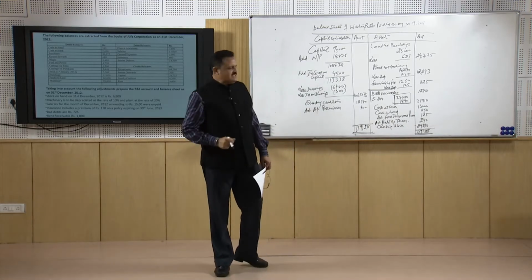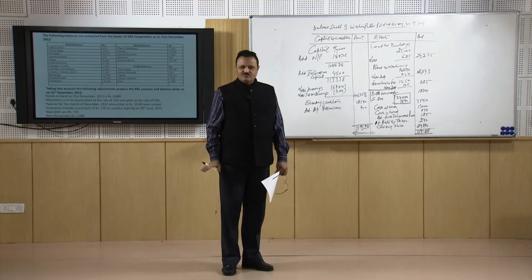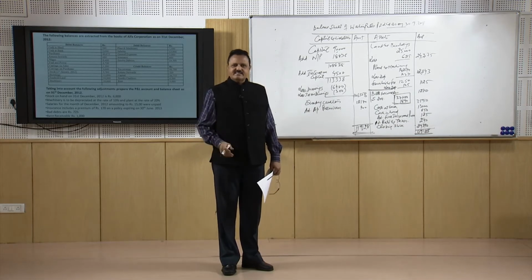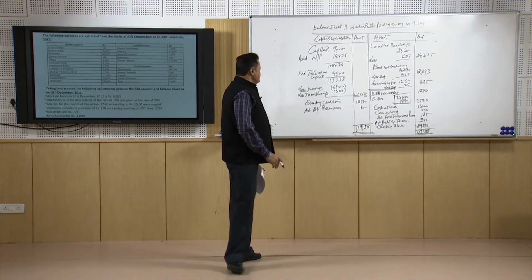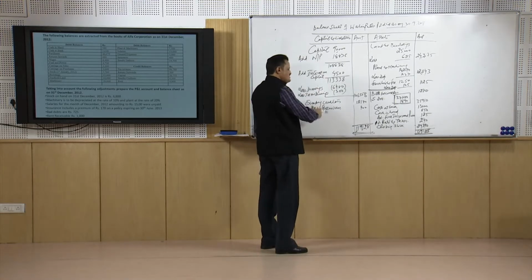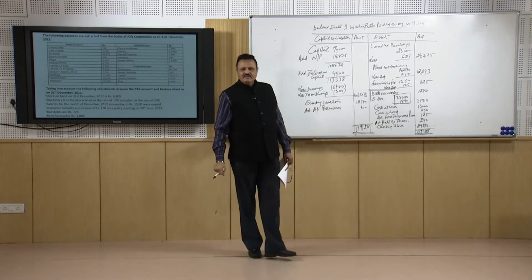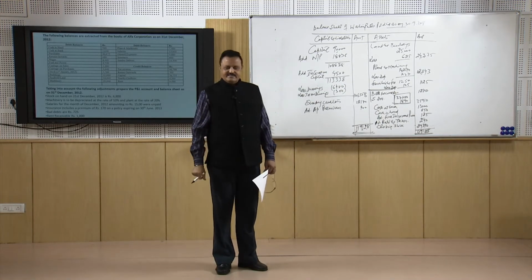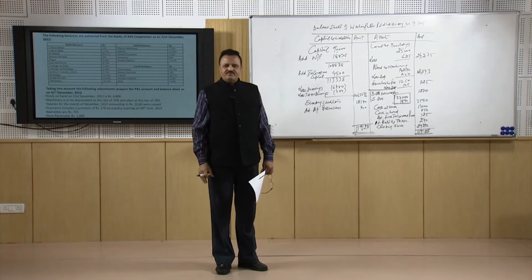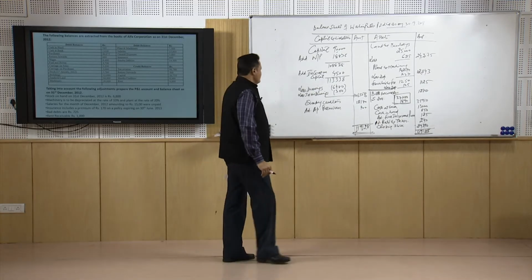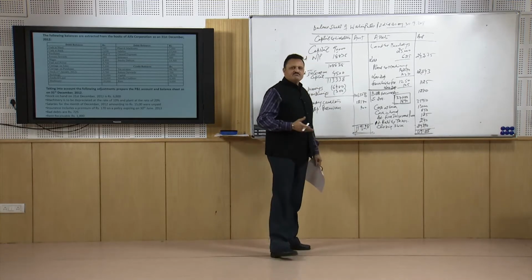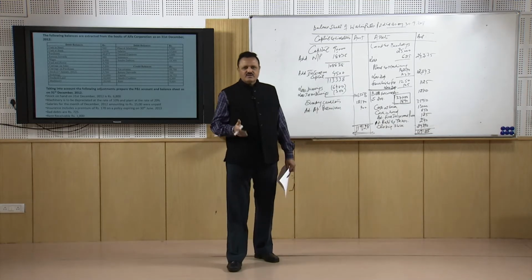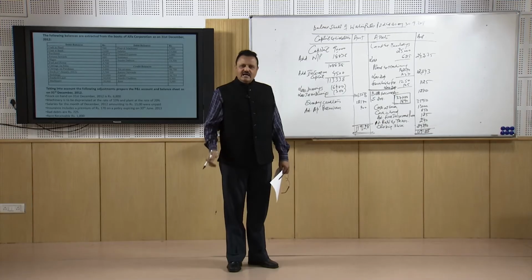Now generally, as I told you, the assets are generally of two categories, long term assets and short term assets, that is the fixed assets and current assets. Similarly, the sources of funds are also of not two categories but of three categories. Sources of funds are of three categories. There are long term sources, permanent sources you can say, then there are short term sources, and the third category